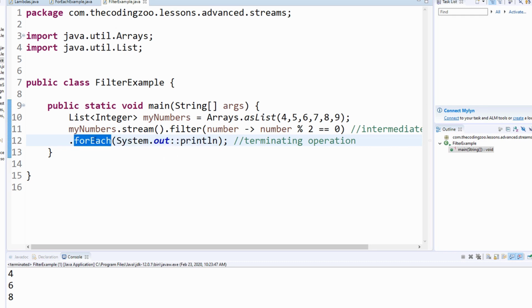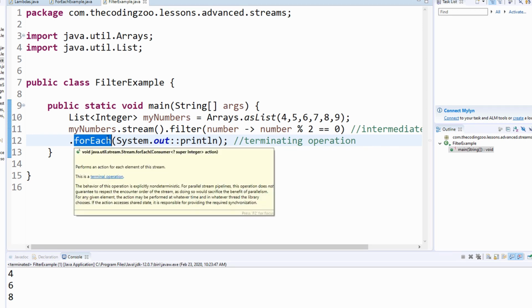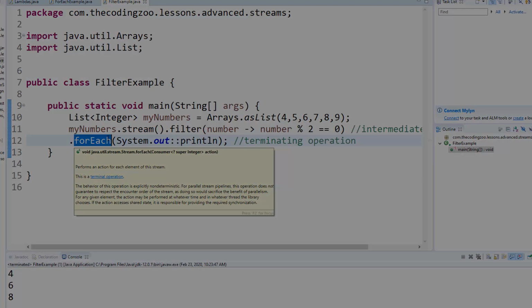Now, of course, there are terminating operations that, instead of just printing it out, will collect that data and put it into different data structures or back into some kind of list without changing the original list. So pretty simple. I hope that makes sense. Again, if you have any questions, leave me a message below. This is an example of using filtering, and imagine using this to filter complex objects, not just strings or integers, based upon some kind of business logic in your application. Very powerful,